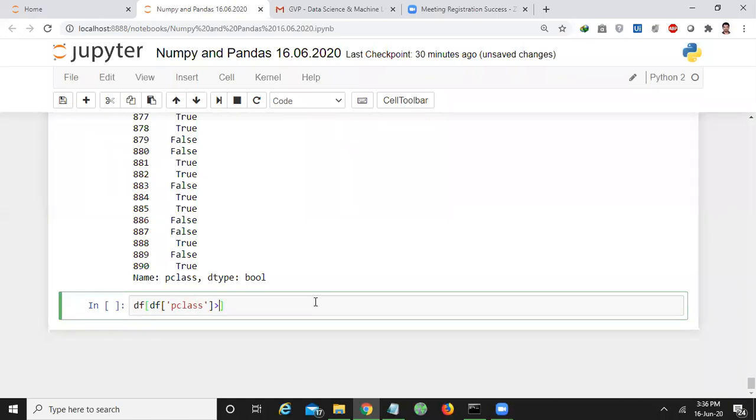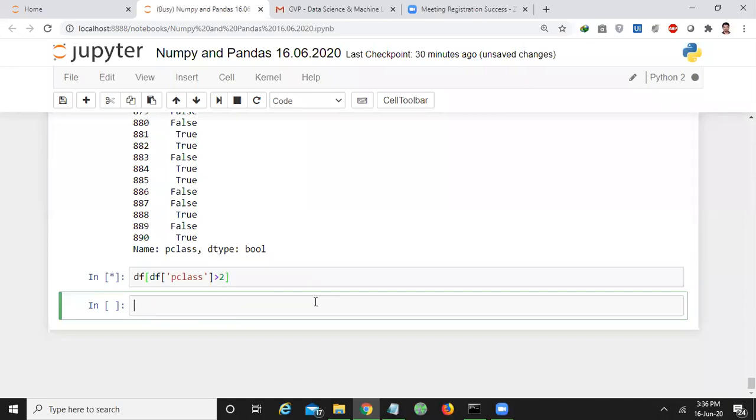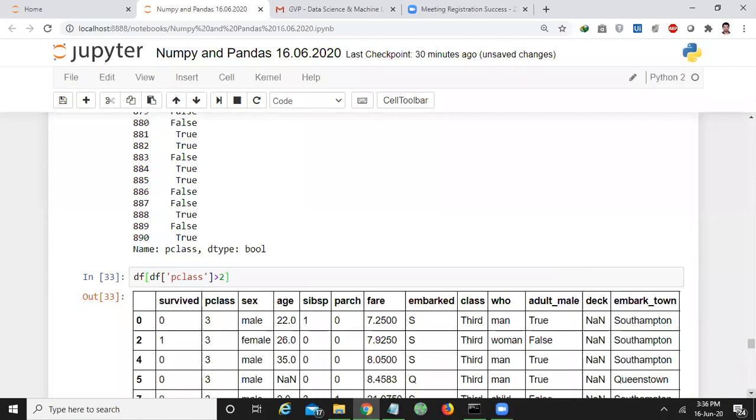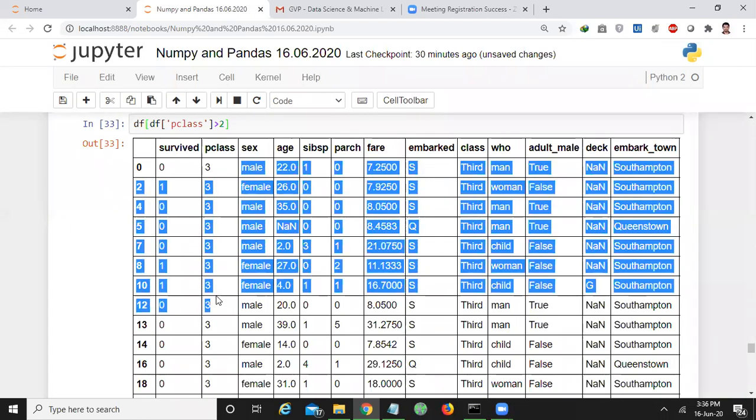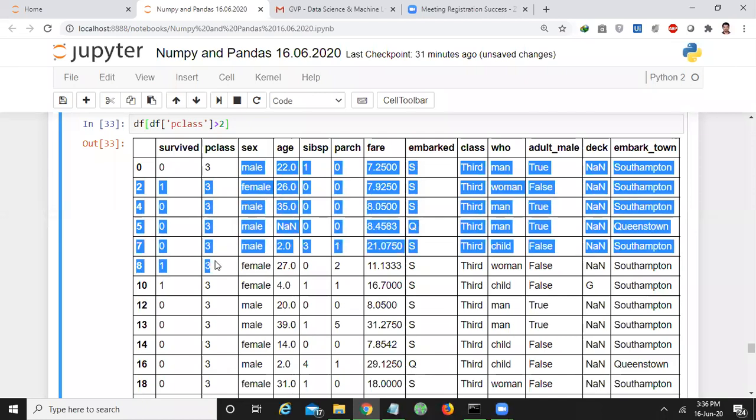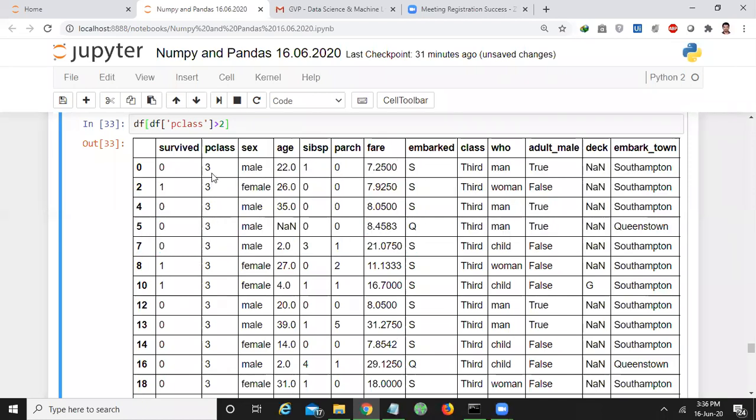That means I want to extract the details of these passengers, the third class. Otherwise, low class passengers. Third class means low class passengers.